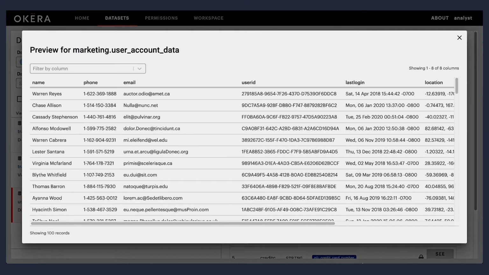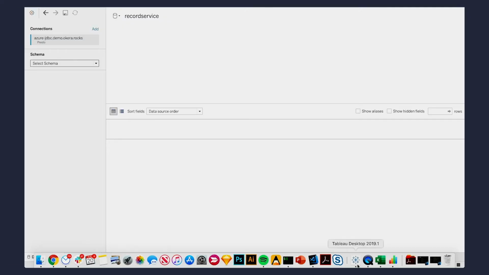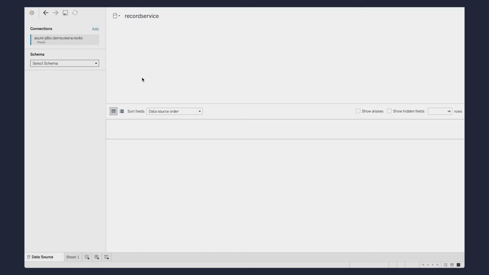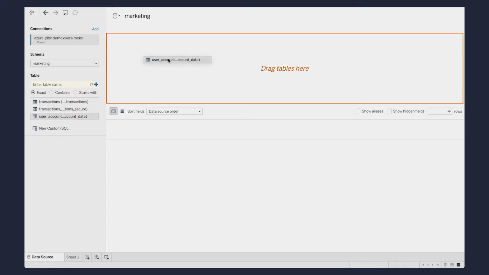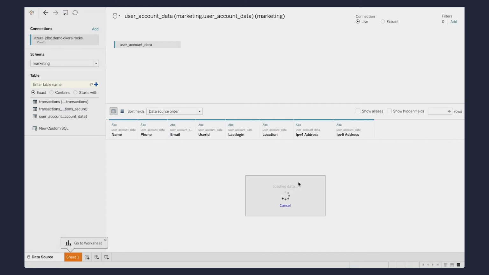Now let's demonstrate that data consumers can query this data in any tool of their choice, and the exact same policies will always be applied. Here we have connected Tableau to Okera using the JDBC interface, and we are logged in as the marketing analyst user. If we query this dataset in Tableau, you will see the attribute-based policy applied, and the credit card number